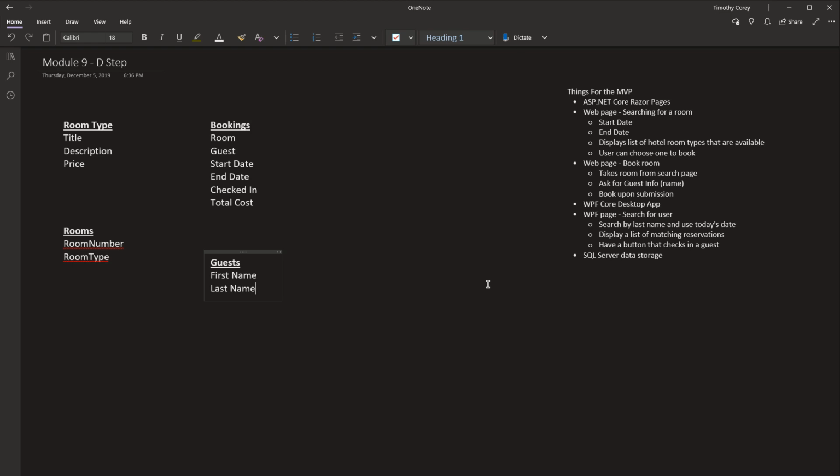So let's walk through our application and see if any more data pops up as necessary. All right, so we're searching for a room. So we're going to display a list of hotel room types. We have hotel room types that are available. That means we need to know which ones are available, which ones are not. Well, we have a list of rooms, and we have a list of who's booked the room and for when. So we have to look through a list and say, okay, which entries here fall outside of our date range, so that this date range doesn't overlap,